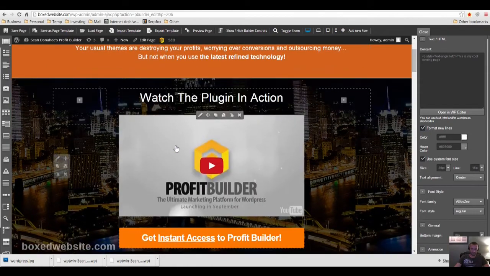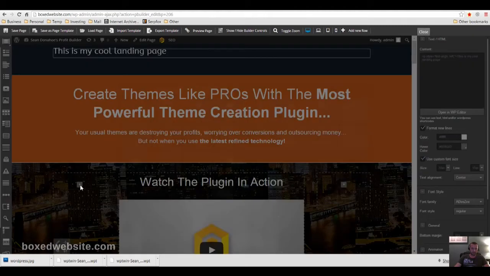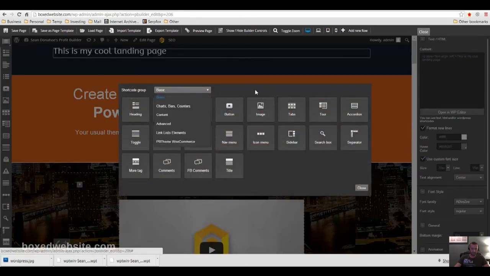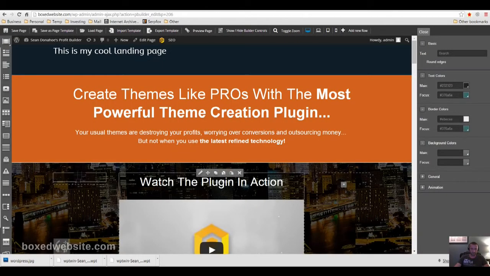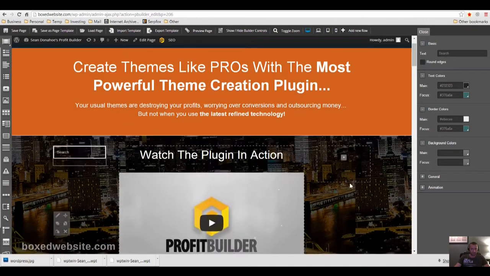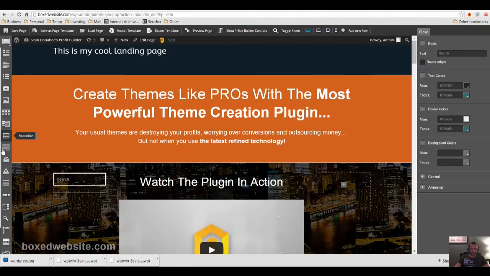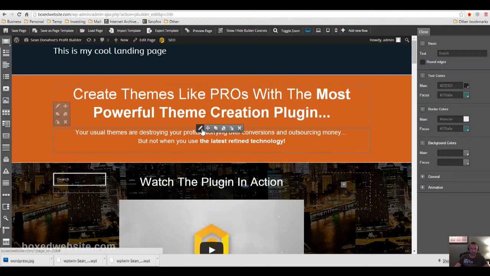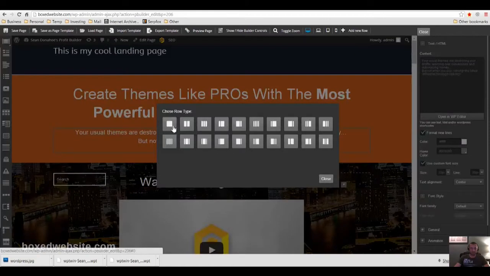And here, you've got these blank things, where you can add in new elements. So you can add in basic elements here, like heading, all this kind of stuff. Text, search box. Let's go ahead and put a search box there. And then let's say there aren't any of these blank things where you can add in your custom elements, but what I'll do, let's say I want to add something below this. I'll go ahead and just click edit here, and then I do add new row. And let's say I want to have,